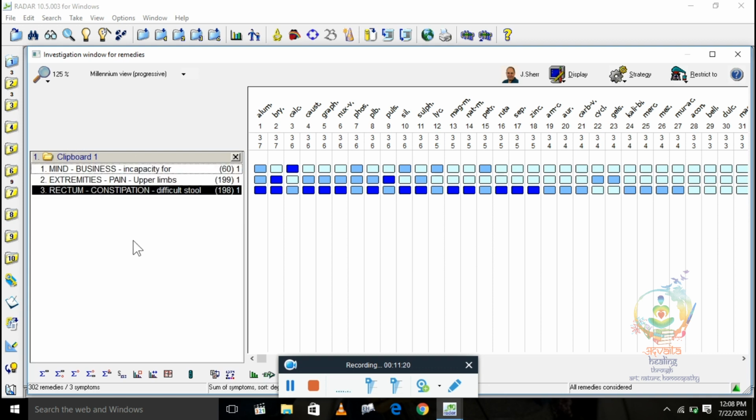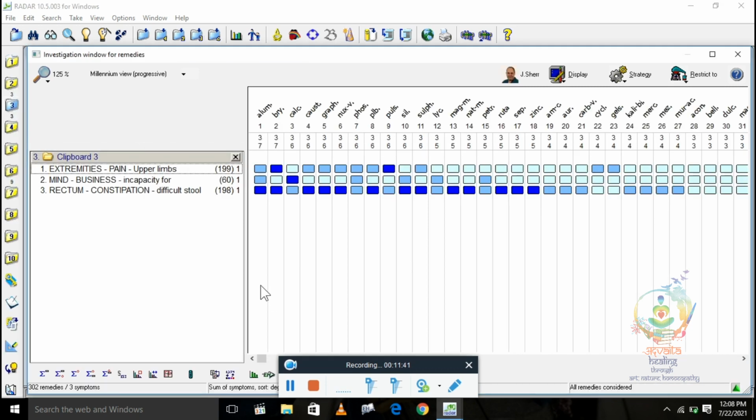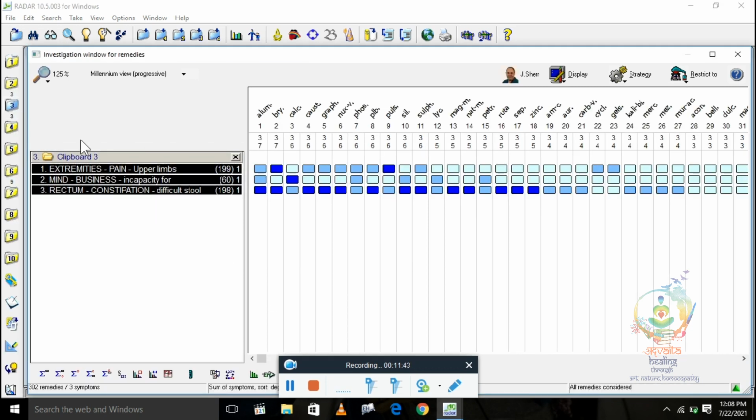You can just select all the rubrics, click on it, hold on it, and then drag it to the third number clipboard. So the first clipboard will be empty and you can start working on the new case, but the third one is still there, so you can work on it later.